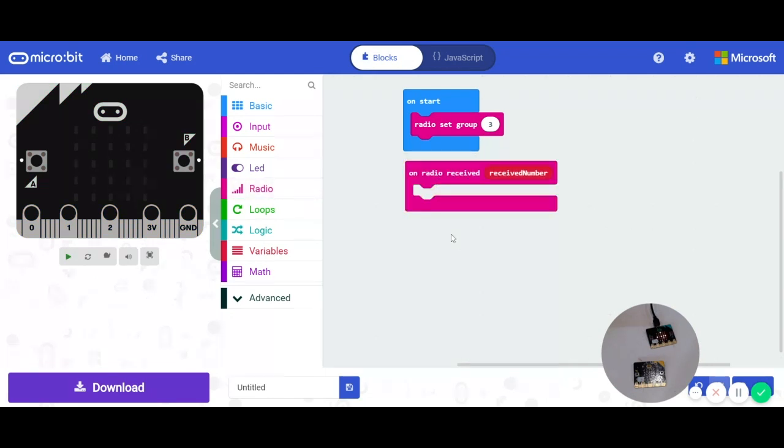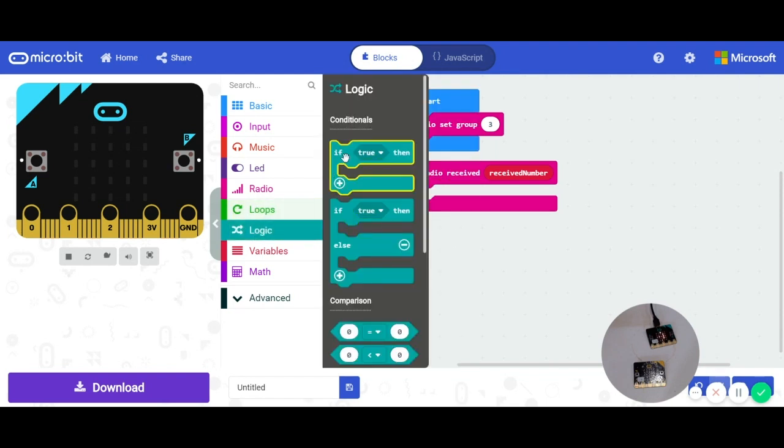Now we can stop here if we just want to, in terms of what number is being sent. If we're looking for just any number, we can put some blocks in here. But since we've explored if statements, we're going to add a little bit of logic and data checking on this. So we're going to check to make sure that it is the number 1 that's being sent rather than any other number. So I'm going to go to logic, if,